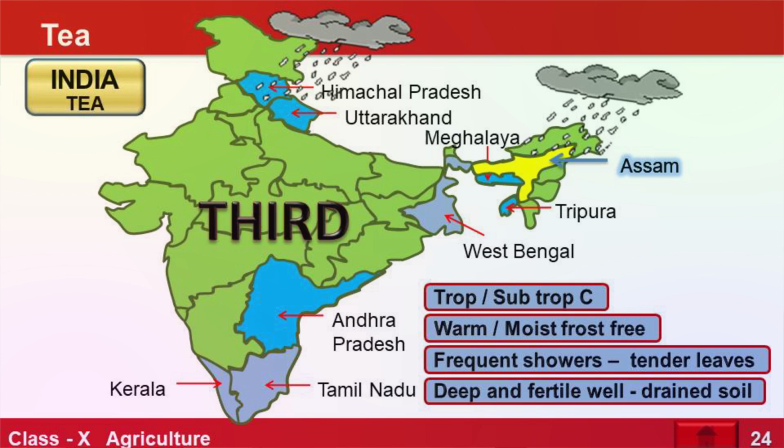So the climate is different for growing tea and coffee, and to grow tea we basically need tea leaves. We need regular showers to grow tender leaves, to pluck them, dry them and preserve them, and those tea leaves can be used in making that drink. And we require a lot of hand labor, because it is done with the hands. That is an important thing. So migrant laborers are called upon.